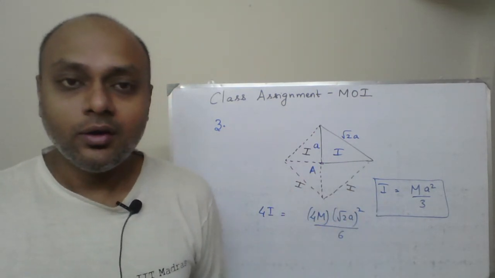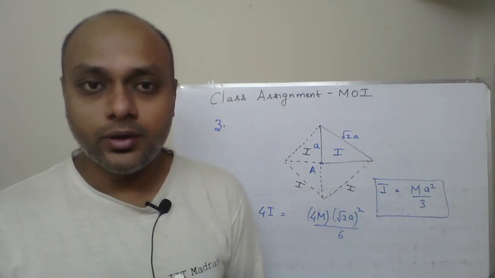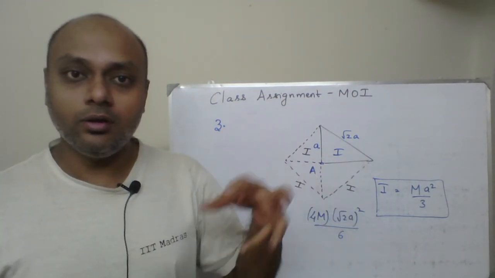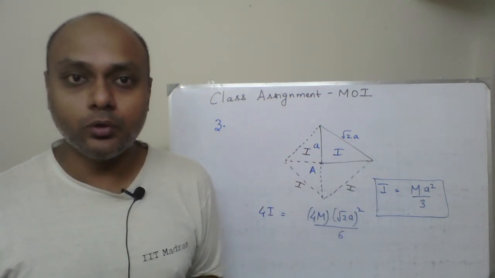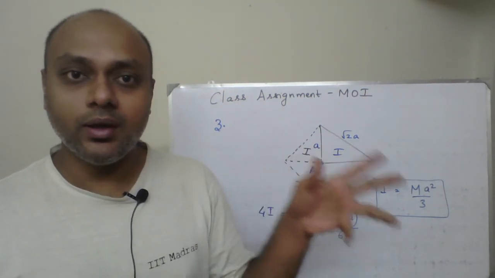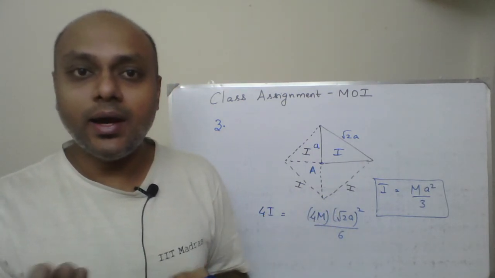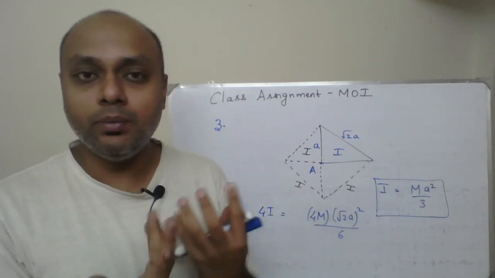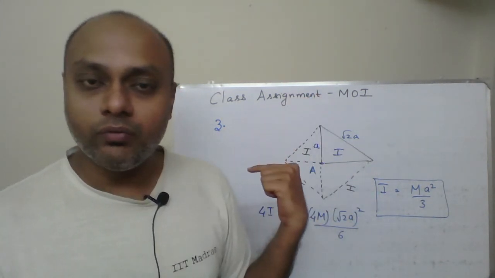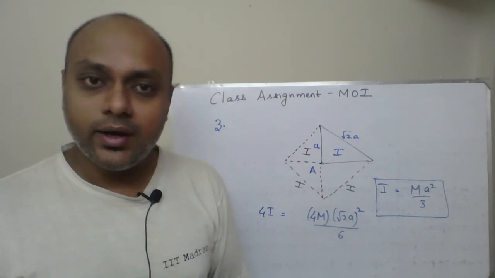So you will have to think about how you will make the constructions. You have to practice questions from moment of inertia. When you start practicing, you will become more comfortable with the different types of questions and how you can make approaches, and you will be able to start thinking along those lines, making constructions. But don't just keep on thinking about constructions, because some questions might be direct. If you directly apply the parallel axis theorem, you might be able to get the required moment of inertia expression. Not that you should not do it the way we did it before. That is also a very valid way of approaching this question.